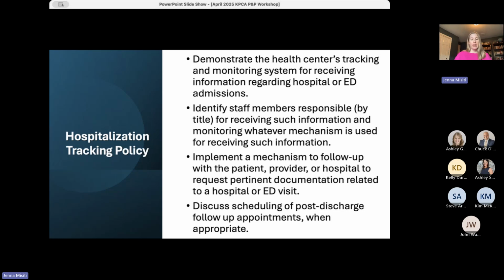You might use the Kentucky Health Information Exchange to try to get that information. And I know some health centers still just have a system in place with the hospital where they automatically receive maybe a phone call or a fax from the hospital when one of your patients presents there for hospital admission. So again, this can look different for different health centers, but be specific in your policy as to what